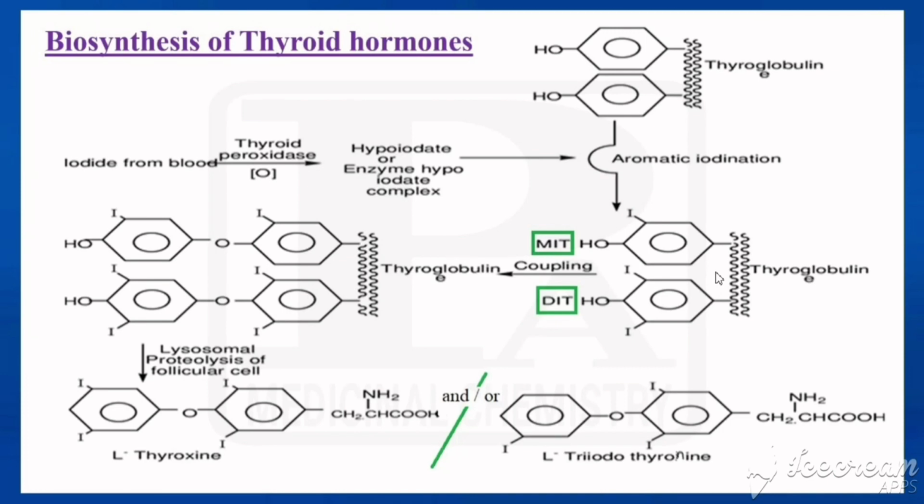Now what is step 3? Step 3 is coupling of iodotyrosyl residues. So what are iodotyrosyl residues? DIT and MIT. Now these are going to couple. If two diiodothyrosyl residues are coupled, what are you getting? We are getting T4. If monoiodothyrosyl residue combines with diiodothyrosyl residue, we are getting T3. So how are we getting T3? By means of coupling MIT plus DIT. For T4, 2 DIT would be coupled. So here we are getting T3 and T4 and they are bound to thyroglobulin. How are they bound to thyroglobulin? By means of a peptide link.